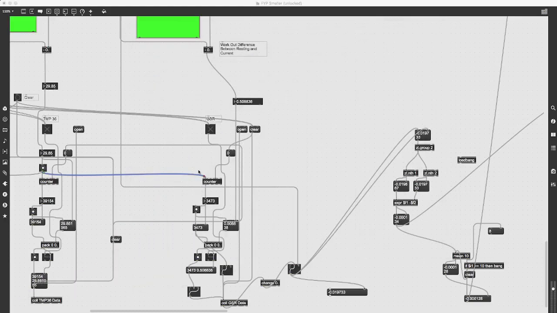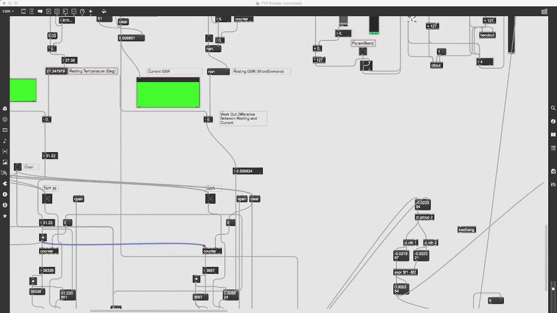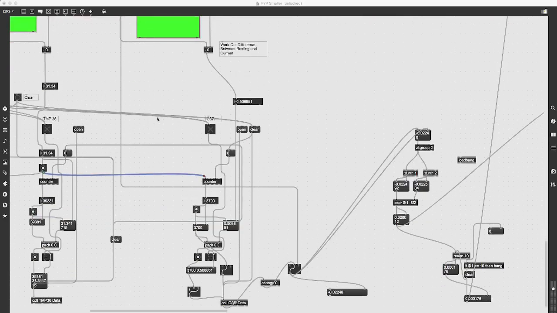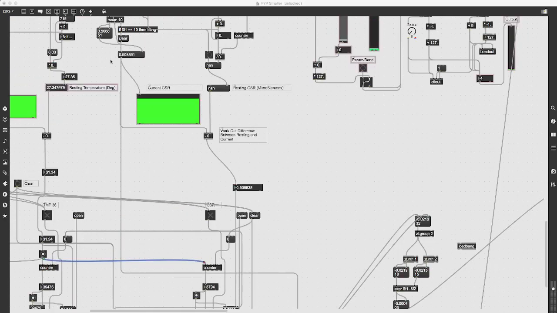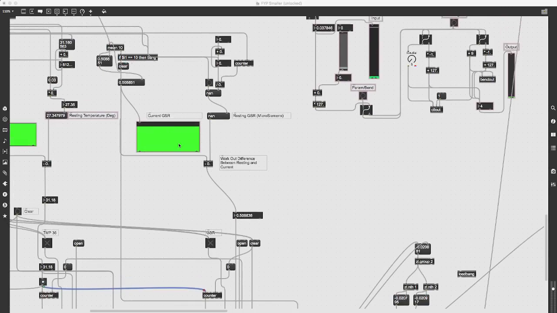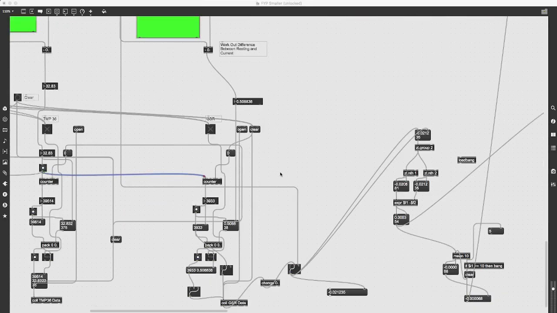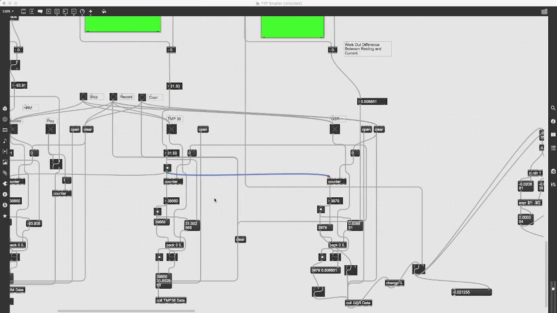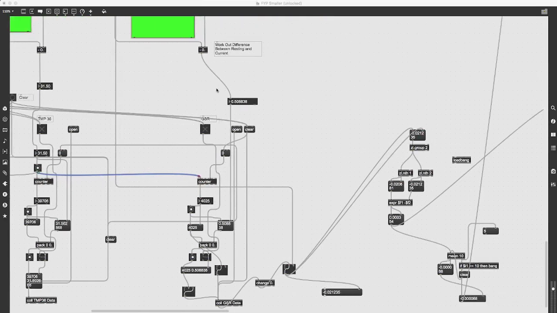Okay, hello, and this video is about the recording section of our patch, which allows the recording of all the incoming data and for later playback. So the way this is done is we get the values once we've gone through this averaging process. I'm just going to do it with the GSR. It all works the same, but it's just easier to focus on one column of stuff instead of three at once. So you get your inputted data, as you can see that's coming in here, and that goes into this